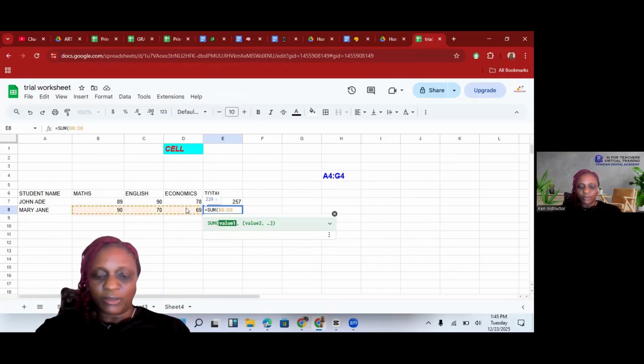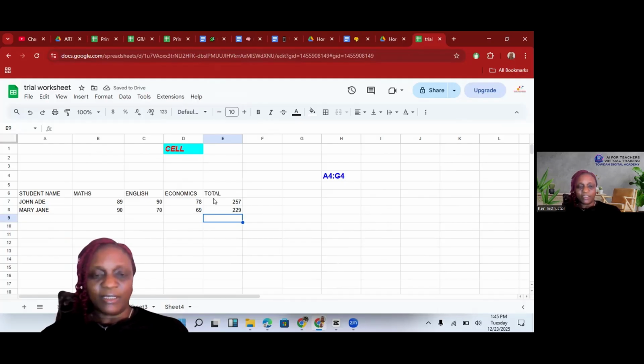And then you put in your close off bracket and press enter. That's it. So I'm just showing you that it's the same thing, but if you have a long list of numbers, you don't want to be typing it one after the other, you can just do the range like we learned here. Now it even gets more interesting, because if you have 20 or 50 more students, you don't need